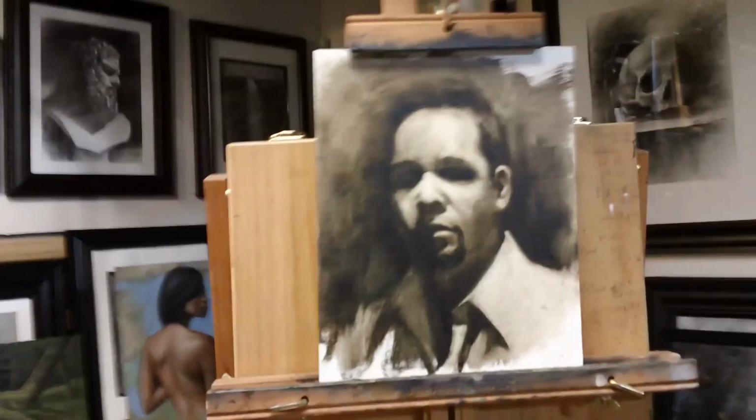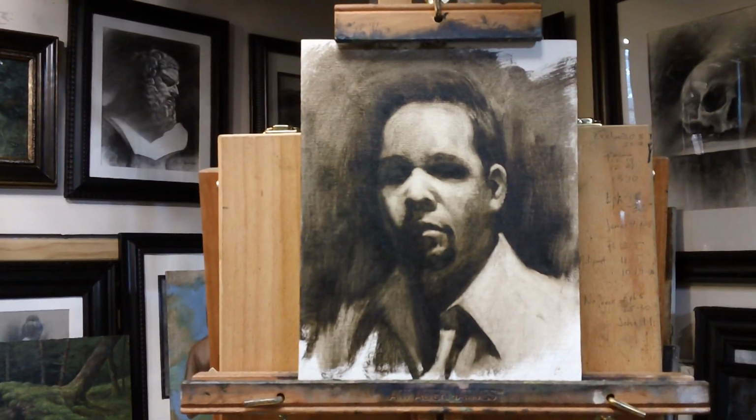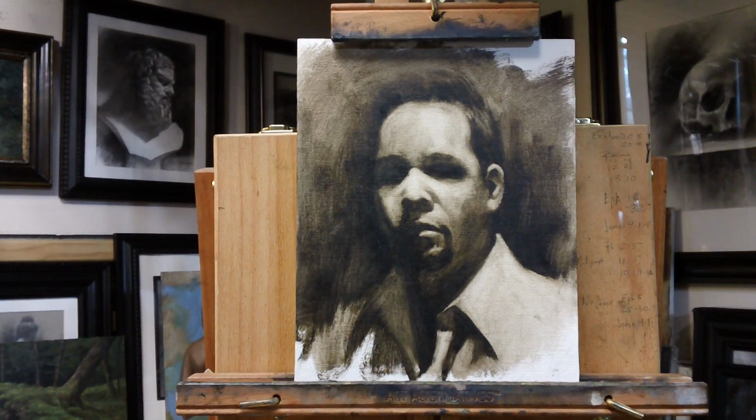It's just a small self-portrait. This is just a little 8 by 10. I decided to go ahead and do another self-portrait for 2019. And this is it so far. This is just the underpainting, and I realized as I was painting this just how much it was looking like Michael Myers or something, but